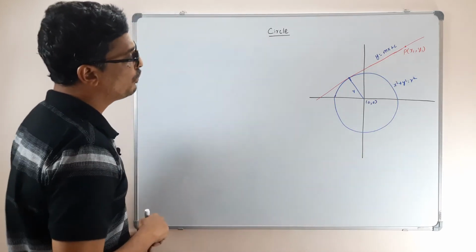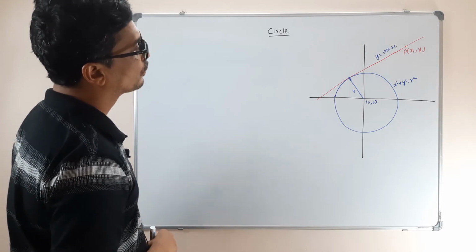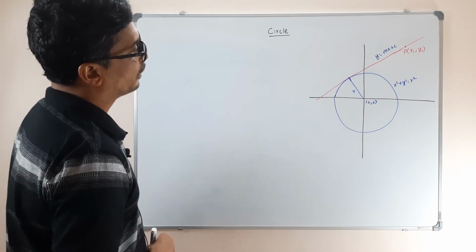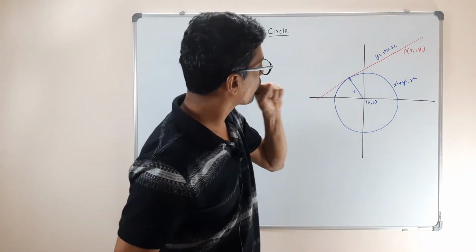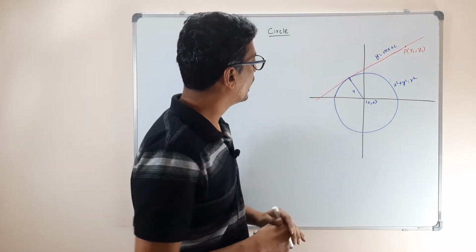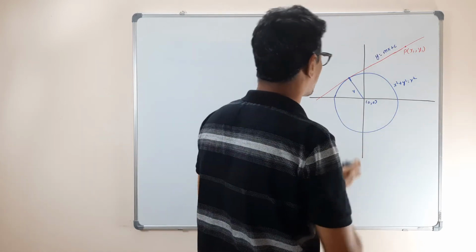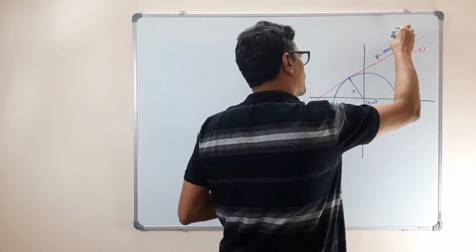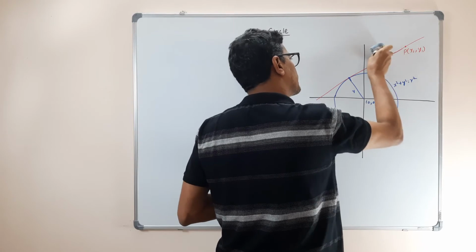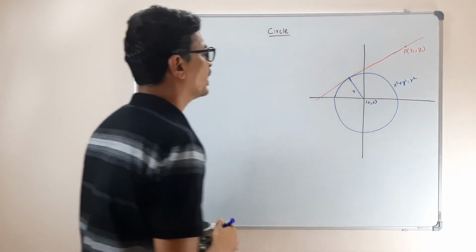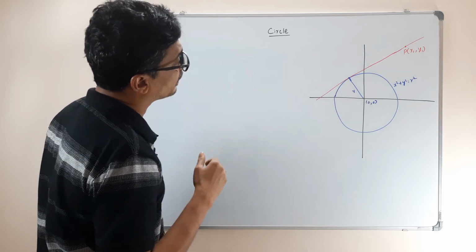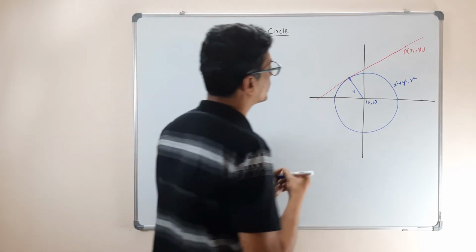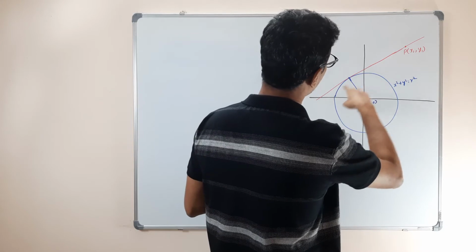So how are we going to find the slope? Let us say, for example, this is the point, and let this line be written as y equal to mx plus c. So this is a line. Now, tell me what should be the